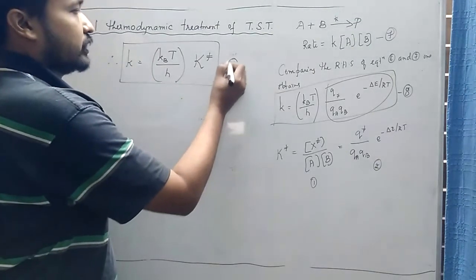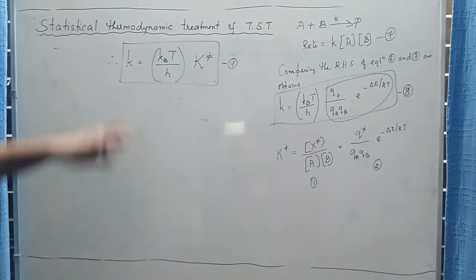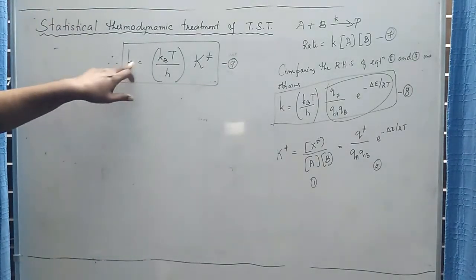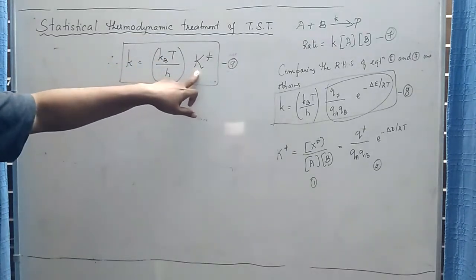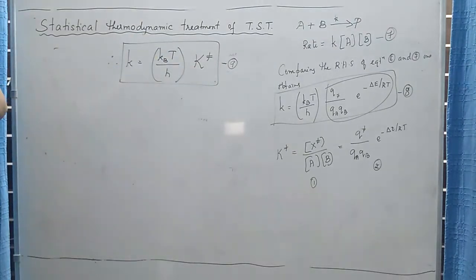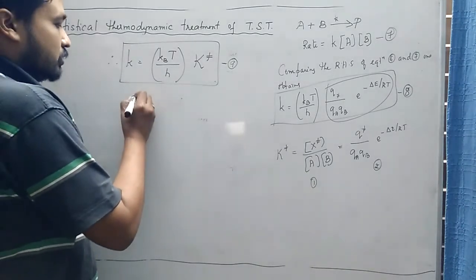So this is a rough approximation or estimate. The rate constant of the reaction is equal to Kb into T by H into the equilibrium constant for the activation process. And as I already told you, this equation is applicable for